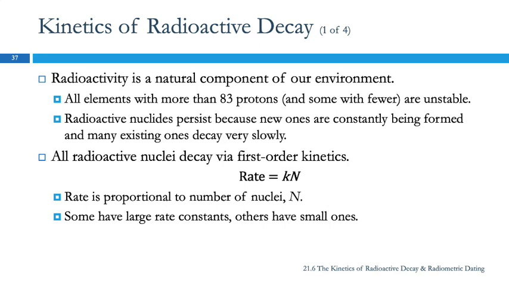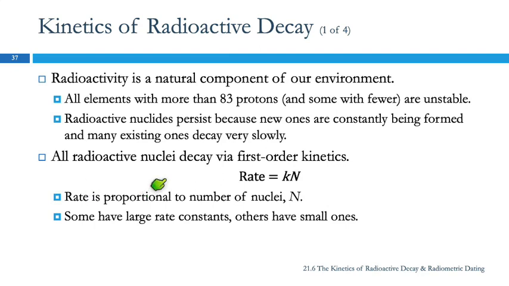The solar system is old, right? Regardless of who you talk to, everybody agrees it's old. The question is just how old. So how are there still radioactive things if they're constantly decaying? Well, as they decay, many of them produce new radioactive nuclides, so we're forming new ones. And a lot of these decay very slowly, like very slowly.